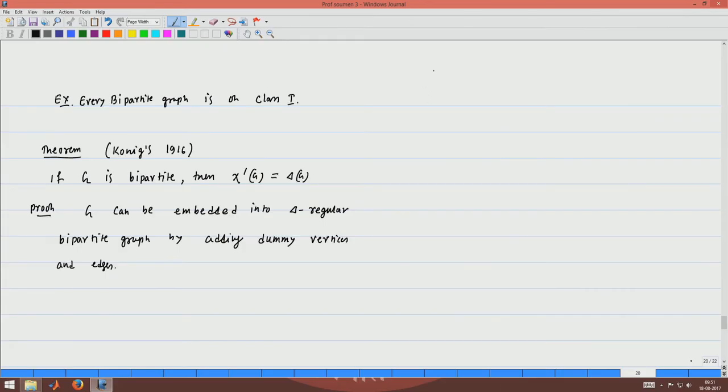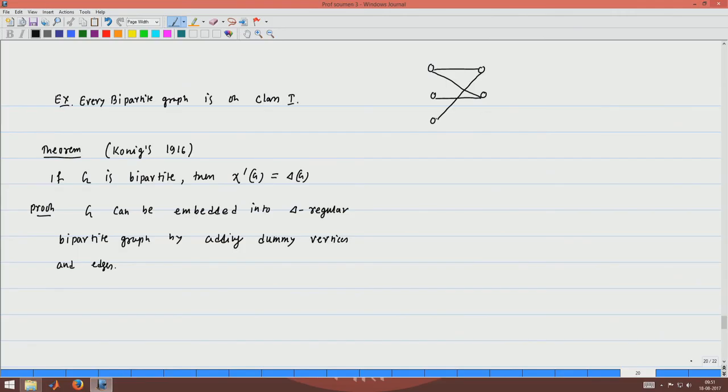Suppose you are given this bipartite graph, for example. The edges of this graph are this edge, this edge, this edge, and this edge. Okay, sorry.